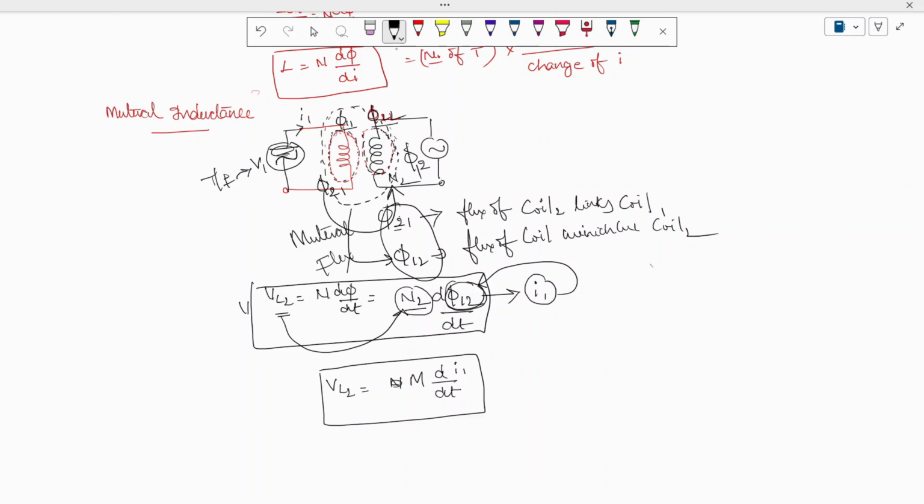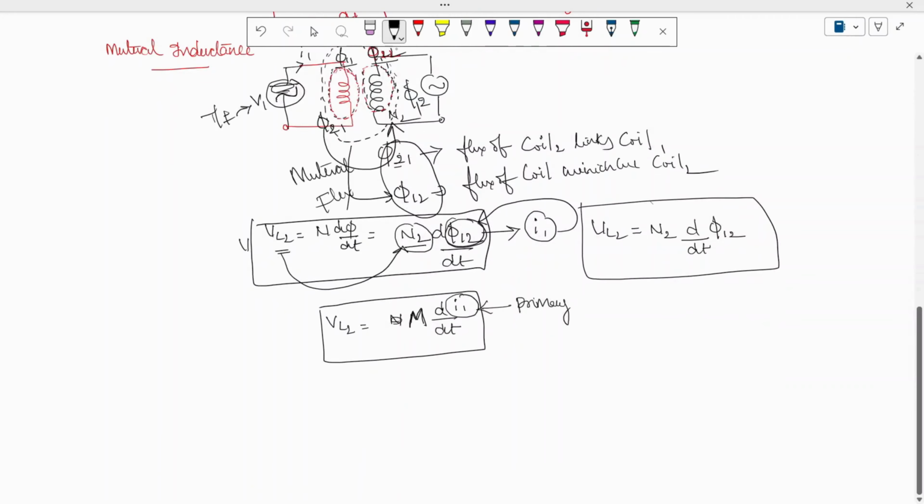So the voltage across the second coil, VL2, is nothing but the number of turns in the secondary times d by dt of the flux which is moving from the first coil to the second coil. This is one formula, but this is only due to this one coil. There is also a voltage due to the other coil, where this flux I am going to call mutual flux, d by dt, and this mutual flux is available only due to the current from the primary side or primary coil. These are the two formulas we can link. Now let us try to